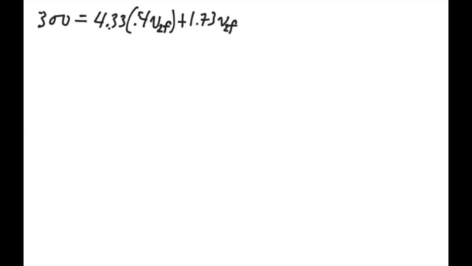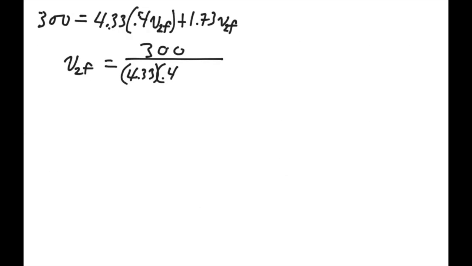So v2 final is going to equal 300 divided by 4.33 times 0.4 plus 1.73. And what is that? 4.33 times 0.4 plus 1.73 is 3.46. So we have 300 divided by 3.46, and that is